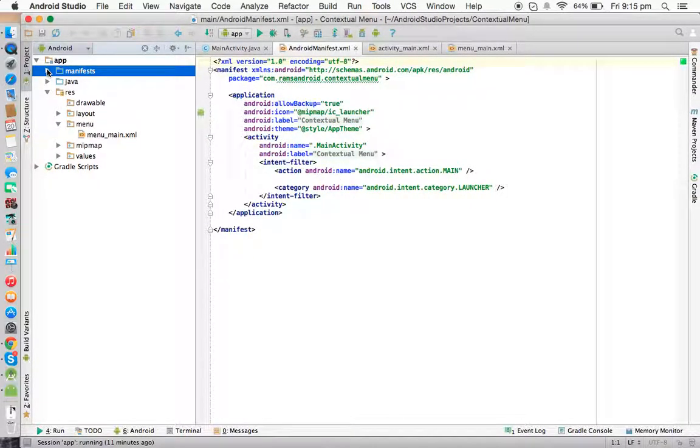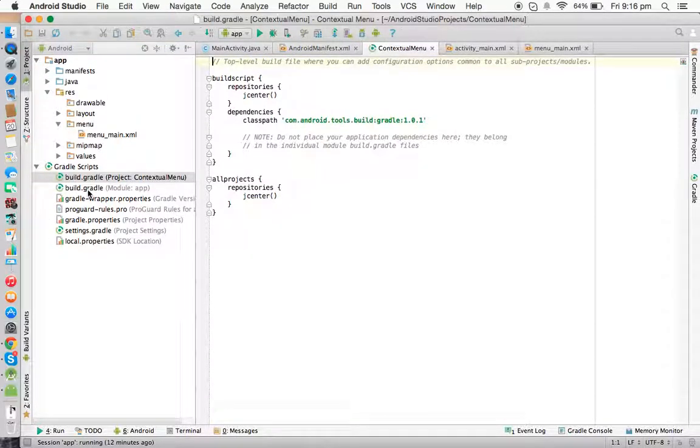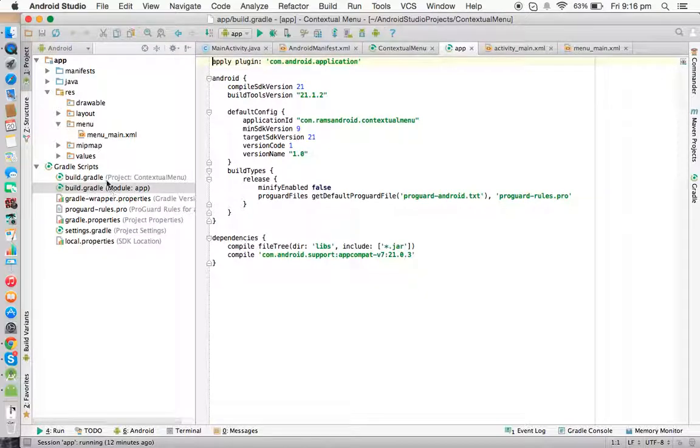So in Android Studio you are going to have the minimum SDK version property under the build.gradle file. If you open this Gradle Scripts, you will see that file build.gradle, this one, the module app. Under that build.gradle you will see compileSdkVersion 21 and buildToolsVersion 21.1.2. That means the Android development tools version is going to be taken here, and the compile SDK version is the version in which you are developing the project. That is the API level we are mentioning here. 21 means we are developing this application in 5.0.